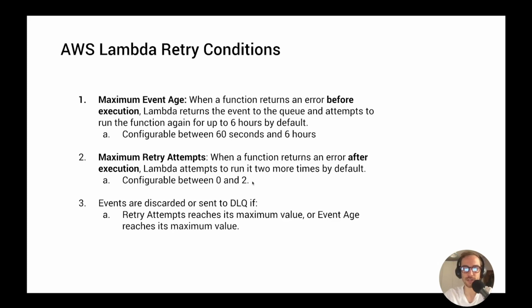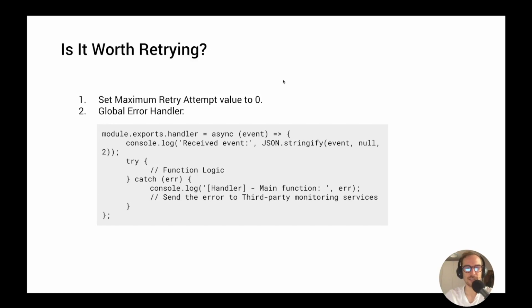So depending on how you configure the retry attempts, it reaches its maximum value between 0 and 2, or the event age reaches its maximum value between 60 seconds and 6 hours. So the first question you need to ask is: is it worth retrying? Because if you have a Lambda function where you know that in some cases retrying is only a waste of time and money, and if a request fails, there is no chance that a retry will succeed, you can set the maximum retry attempts to 0,